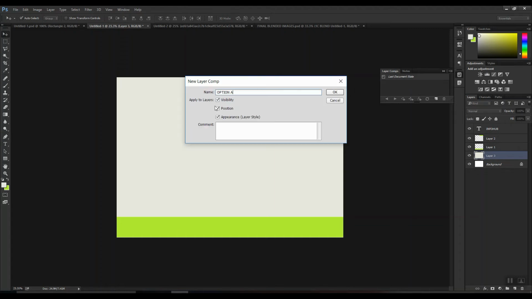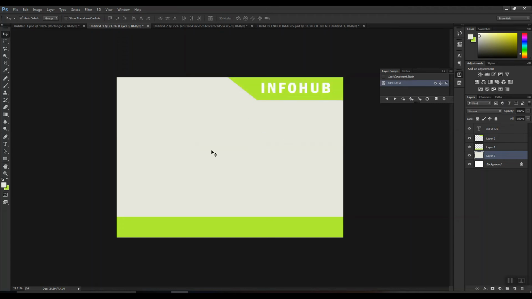But yeah, make sure all these properties are on so that if you make any changes, it is applicable to each and everything. So this is the option A which you have created. Now let me say I want to change the color of this particular layout. The method is same as we do. The only difference is that the complete version is being saved in this particular property layer comps, and you don't need to check here again and again, but the properties are obviously changed from here only.